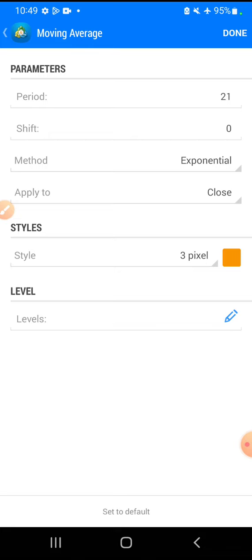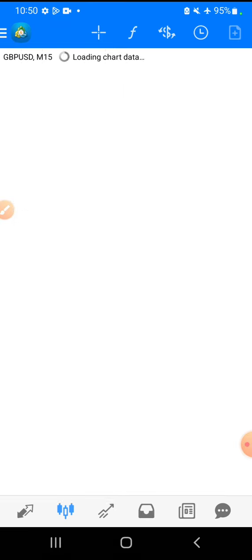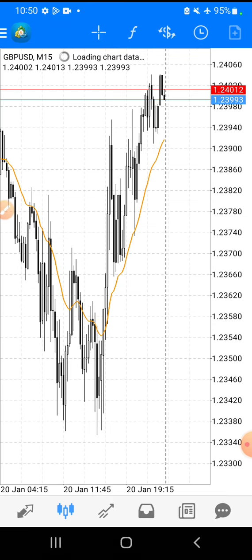I would advise you guys to also follow the same settings I am using on these indicators, because I'll be referring to these colors. Once you're comfortable with the strategy, you can then customize it to whatever color you might want. But for the sake of progress, let's just follow these colors together. These styles don't really affect the strategy itself, but they affect the way we communicate and the way I teach you about it. So once we click done, you should have that gold line running across our chart, which is our first indicator.